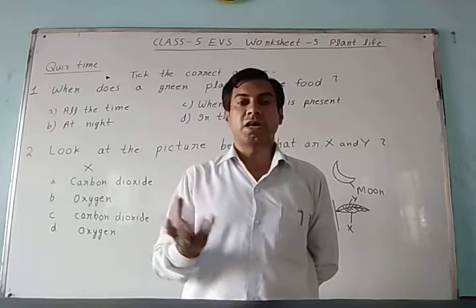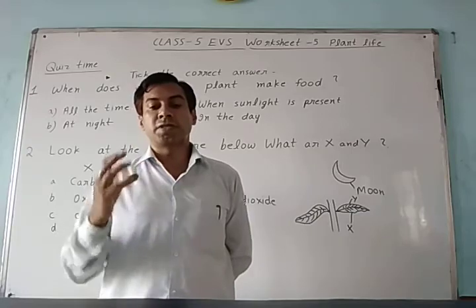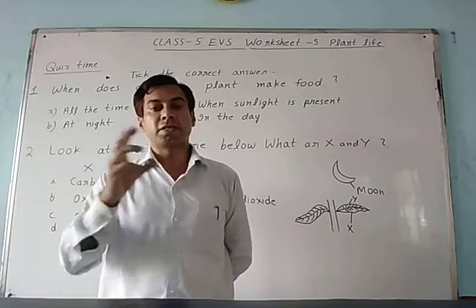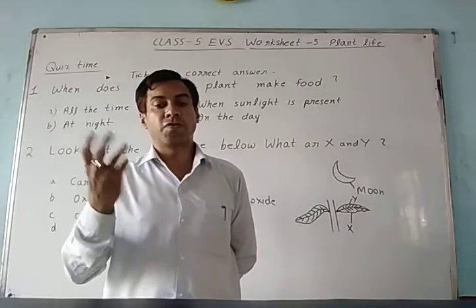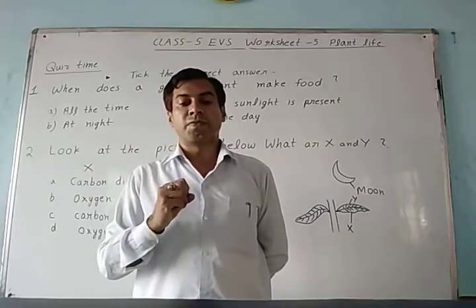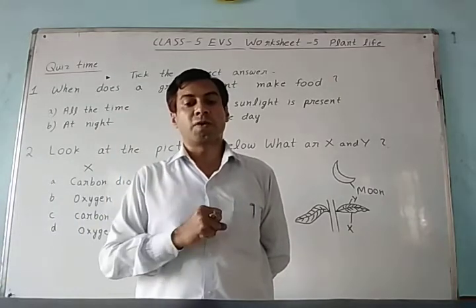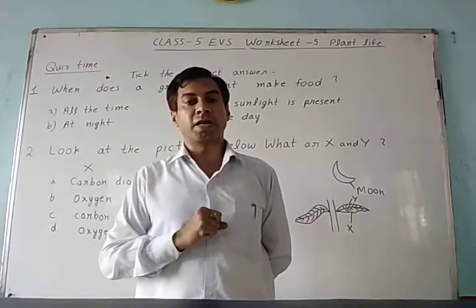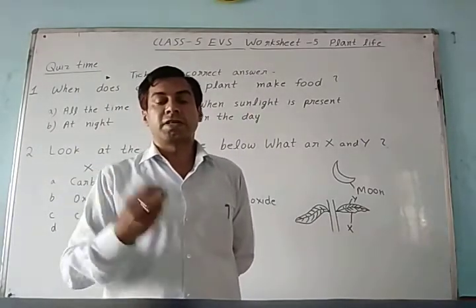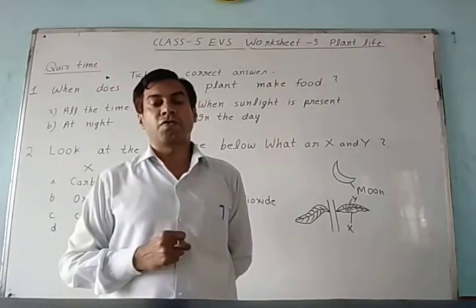But the question arises, how do plants prepare their food? Plants have green leaves, and the substance that makes the leaves green is called chlorophyll. This chlorophyll helps the plant to prepare its food. The chlorophyll present in the leaves traps the energy. Students, first step, a plant gets water and minerals from the soil, carbon dioxide from the air, and chlorophyll present inside the leaves traps the energy of the sunlight and prepares the food.